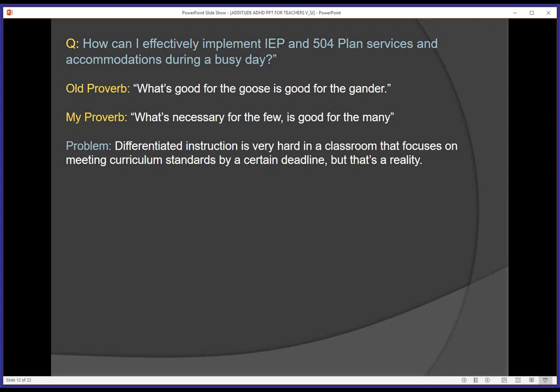but certainly integrated into your program. I agree that differentiated instruction is very hard in contemporary classrooms because there's so much of a focus now on meeting curriculum standards by a certain deadline. I can't make that go away. I'd like to be able to make that go away, but it's a reality that we have to live with. Teachers are judged by their ability to deliver a certain body of knowledge in a certain amount